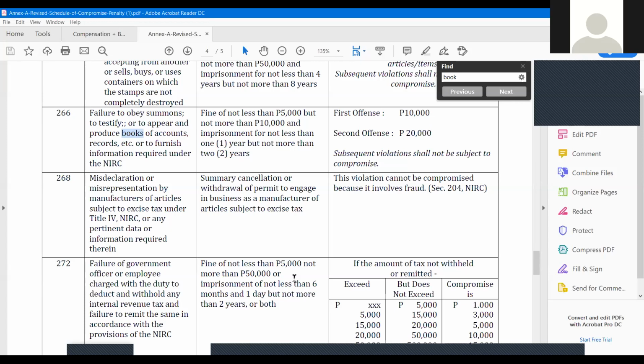Sir, pero hindi siya lalabas sa open case, I think, kasi nakakomply ka naman na nakapag-file ka, di ba? Mahirap siyang lumabas sa open case. Yes. Sobrang galing naman nung tax mapping. Kasi pag nakita nila yung ITR, sometimes wala na yun eh. Yes, as long as